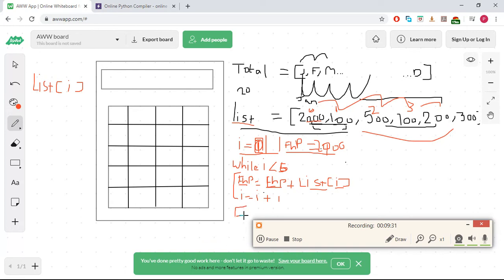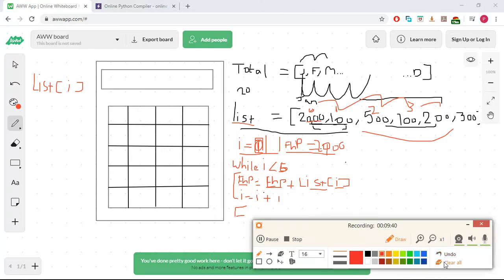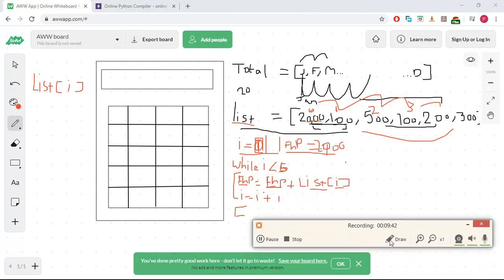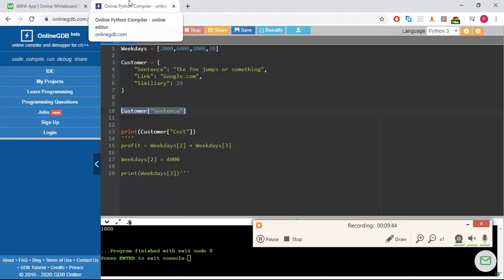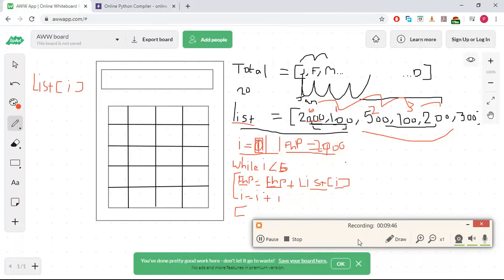Okay, I don't know if this makes sense. I'm almost running out of time. So in the next tutorial, I'll give you an example using this compiler, using actual Python code. So yeah,